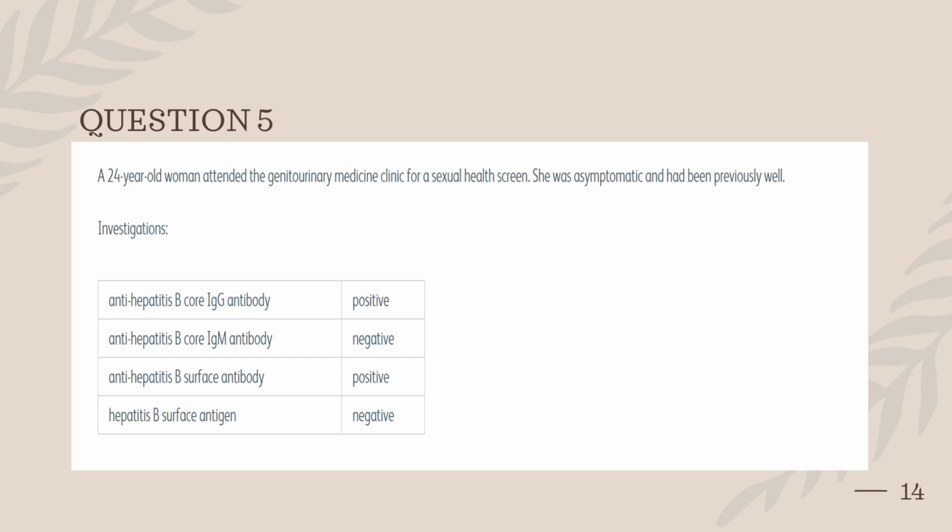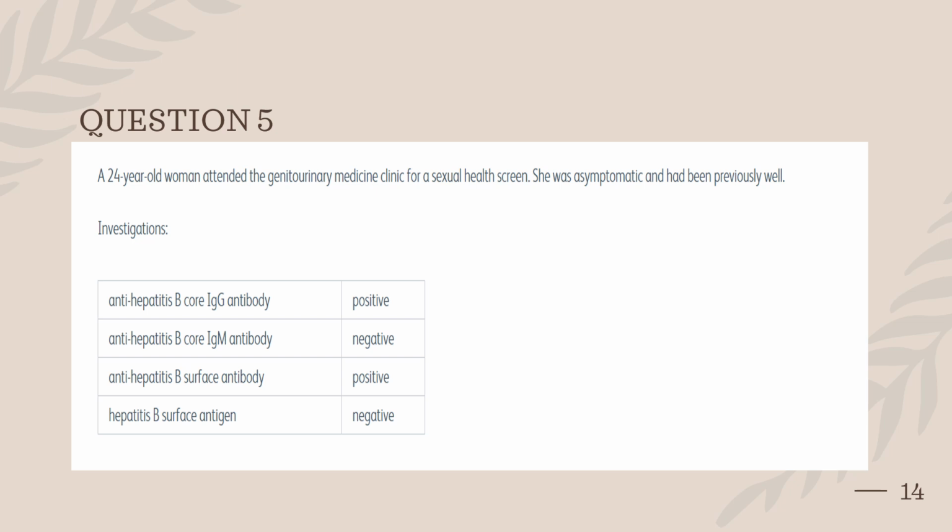Now core IgM antibody, it's negative. Anti-hepatitis B surface antibody is positive. So that also comes with infection. That antibody is also there, which means she had a past infection which is completely cleared now, because there is no hepatitis B surface antigen. Sometimes what can happen, you have both antibodies and surface antigen. That means you are a carrier. You can spread it to someone else, but if you don't have hepatitis E antigen, that means you don't have that much infectivity, but you still can be a carrier.